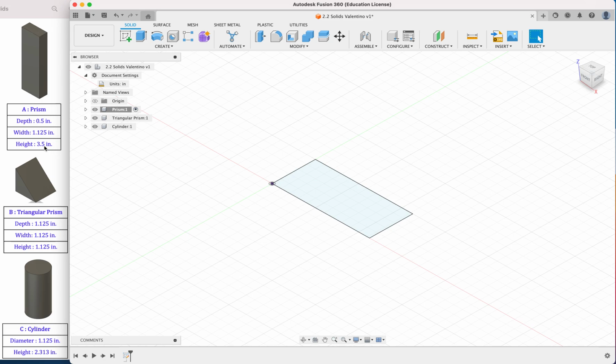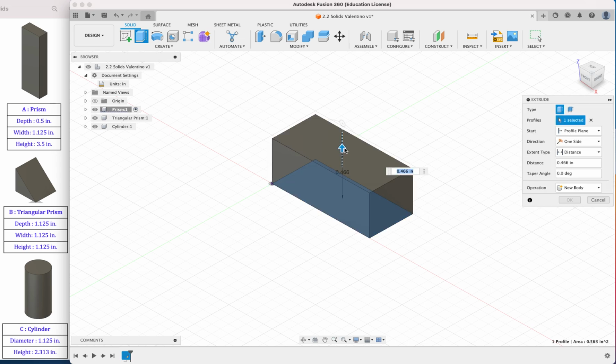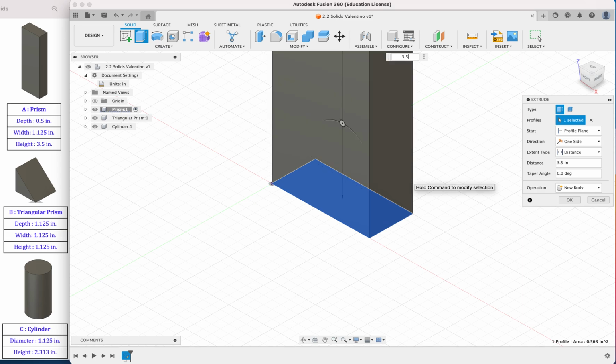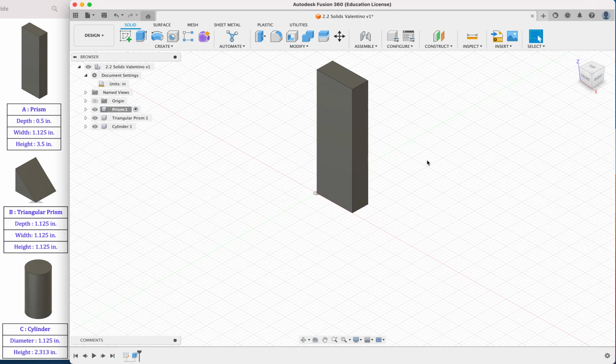But now I want to give it its height, which is 3.5. So I hit the extrude button. I'm going to extrude this one. I just pulled up a little bit. Okay, I'm in the positive, and then I hit 3.5. Enter. Now, it goes crazy off the page, so I just go down here, and I pinch out a little